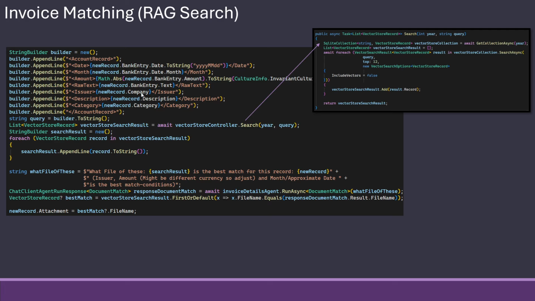The company we might have found from regex, the description we might have found now from dividend company, and a category. Based on that, we go in and do a vector store search. That is just normal Microsoft extension vector data searches, where we get the collection, meaning our SQLite.